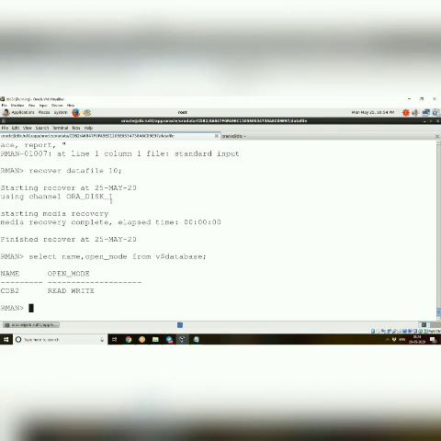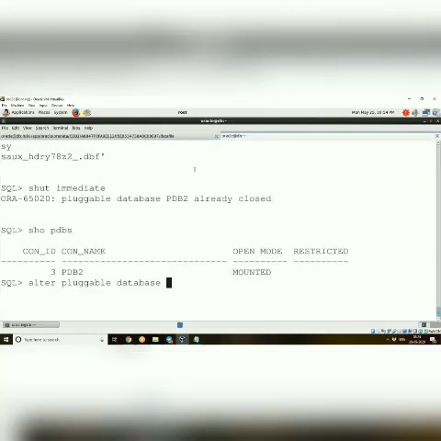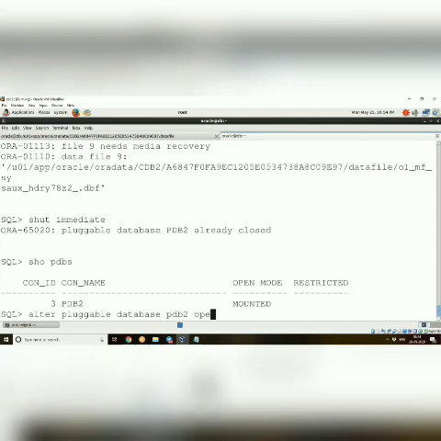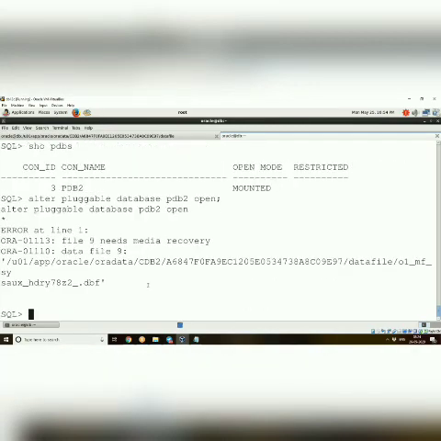We'll check whether this is working. It has come to read write, but it will show you at the CDB level only. It has not taken effect.